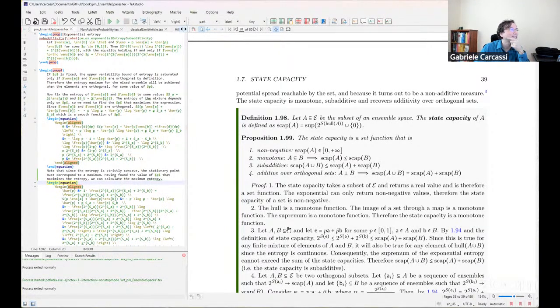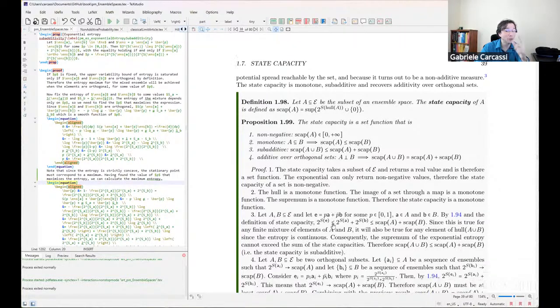So that's good. It's going to be subadditive. So if you take two regions and you do the union of those two regions, then the state capacity can only become at most the sum of the two regions. Again, if you think about measures of volume in phase space, you have two regions, and you ask what is the total volume of the union of those two regions. Well, at most it can be the sum. It's going to be less than the sum if you have some overlap, but at most it can be the sum. And again, knowing what we proved before,